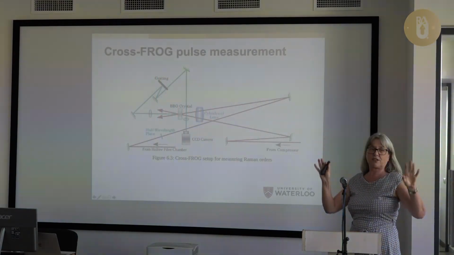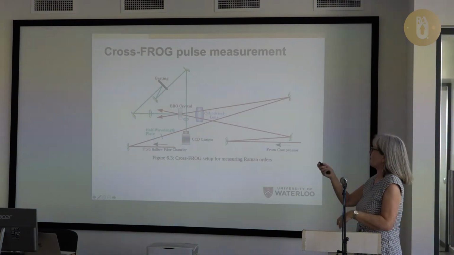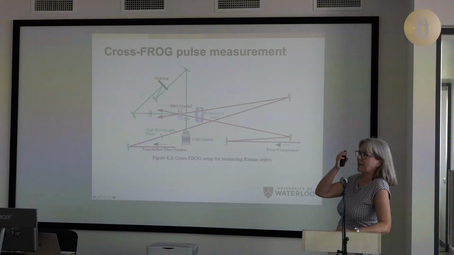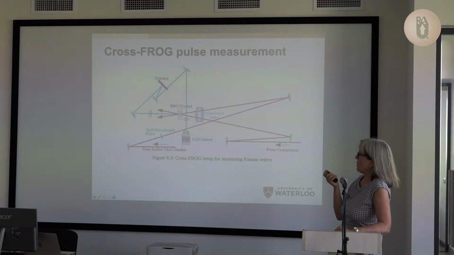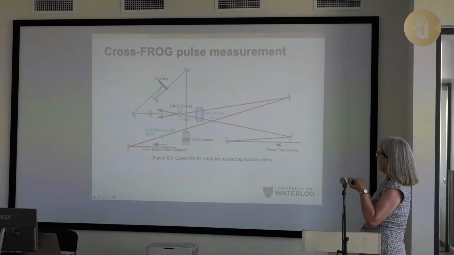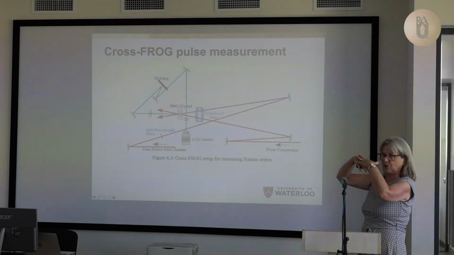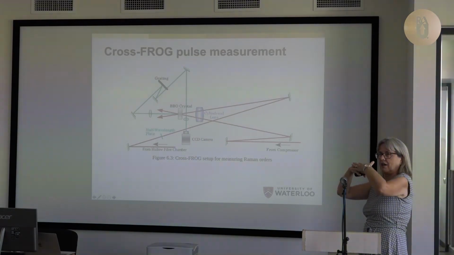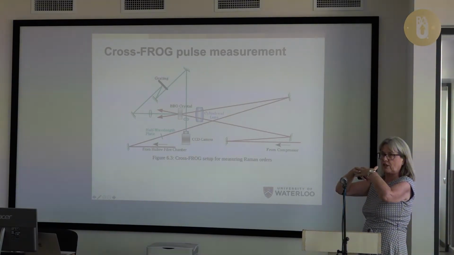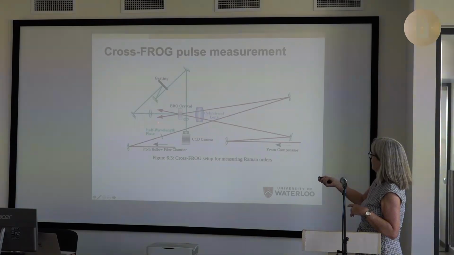Okay, so that gets to how to measure this and the troubles that I'm having. Okay, so we're doing second harmonic FROG, frequency resolved optical gating. We're doing a cross one. So we take one of our pulses, because this is going to be a complicated, both the Raman and this redshifted shoulder together. We don't want to just interfere those two and try to look at it. We're going to take one pulse that we know, which is one of the pumps, and then we're going to correlate it with this whole thing, the whole spectrum.